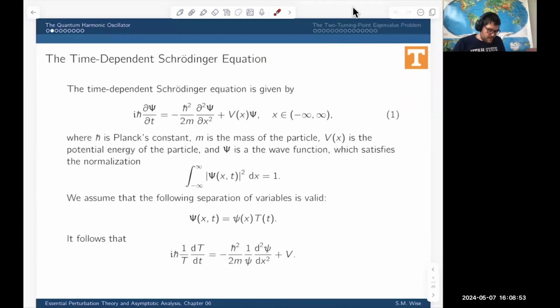So we're going to start with the time-dependent Schrodinger equation. This is a partial differential equation. I times Planck's constant times the partial derivative of this thing called the wave function with respect to time is equal to the Hamiltonian of the wave function, which comes in two pieces. So the first one is essentially the momentum operator. It's h bar squared, Planck's constant, divided by 2m,